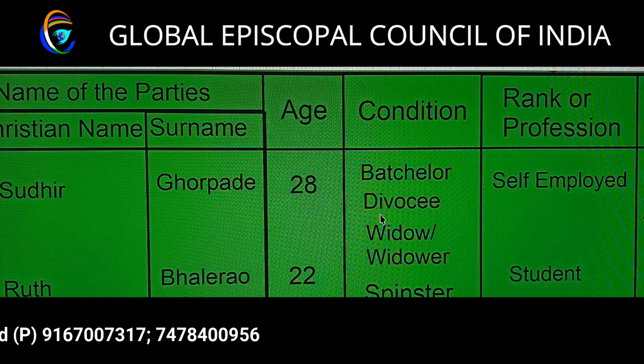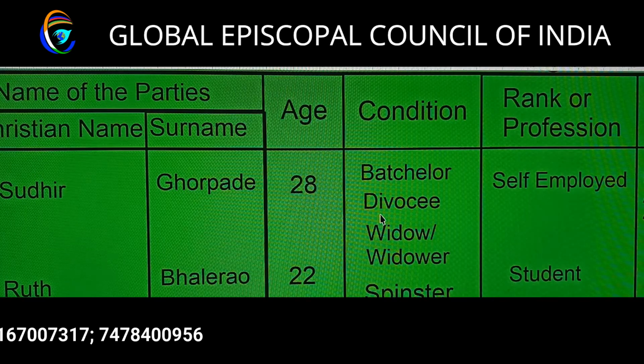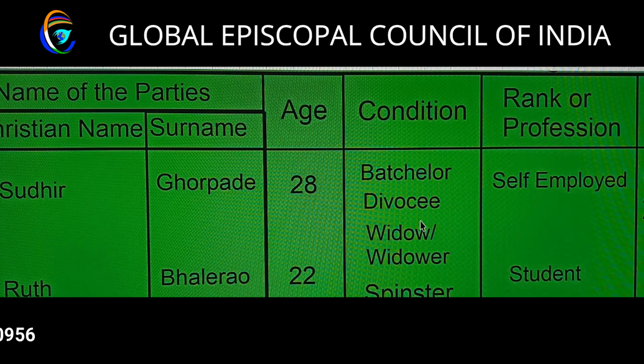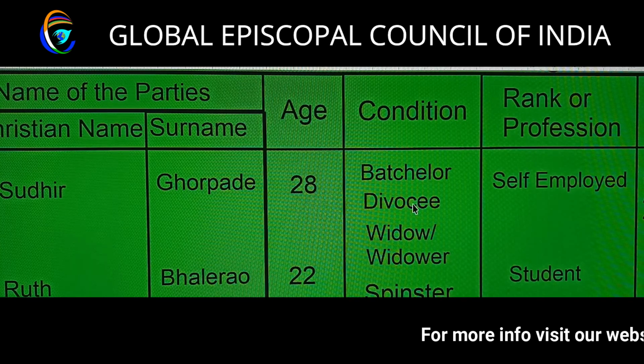Mutual separation is not acceptable, and if they want to get married again, and you get them married, then you will come under the provision of the law and you will land into problems. So please keep in mind that only divorcees who have been divorced through a court of law can remarry, otherwise they can't get married again.